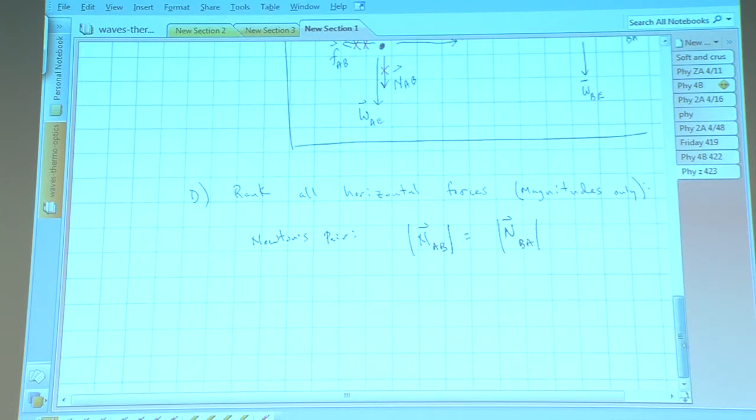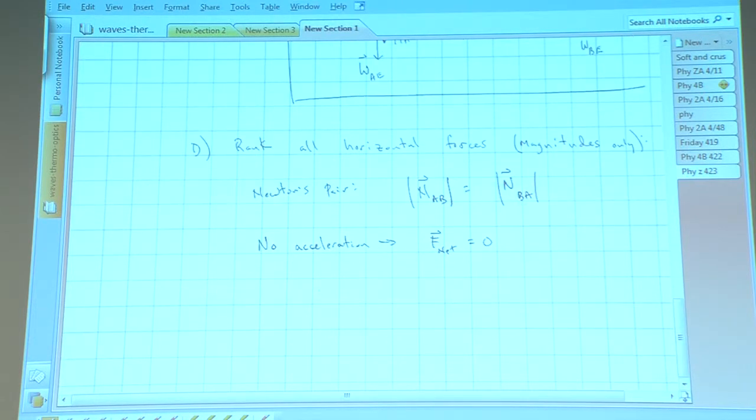Now let's look at no acceleration. That tells us the net force has to be 0. That's a vector equation, right? When we add up the vectors, we have to get 0. So we can apply that to block A. Another way of writing the net force is using the sigma, the sum of all the forces. That sigma means sum. The sum of all the forces on block A